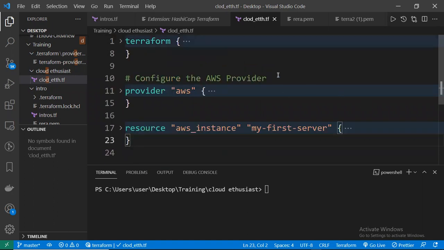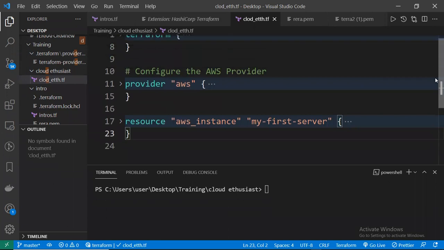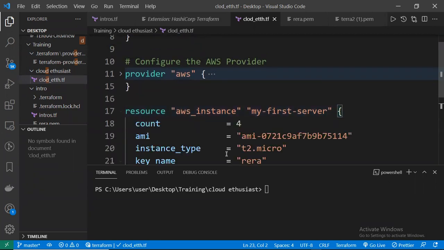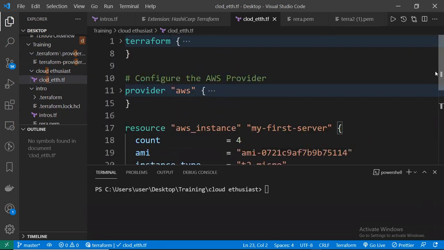Good. This is for the version of Terraform. This talks about the provider. This talks about the resources we are launching. So for every resource you launch, we have a block. You see this, you see this, you see this. So with all these things, I have my resource that I want to launch, which is ec2. You understand me? This configuration